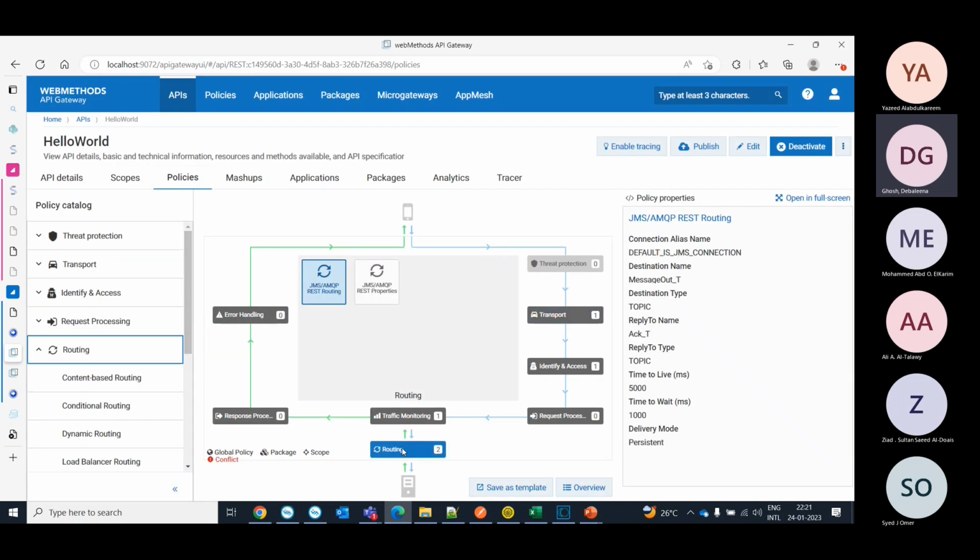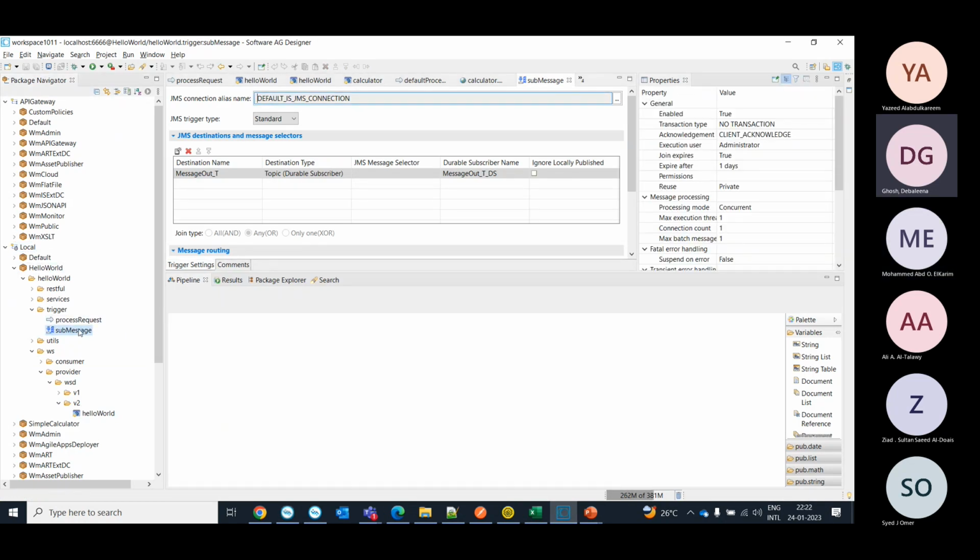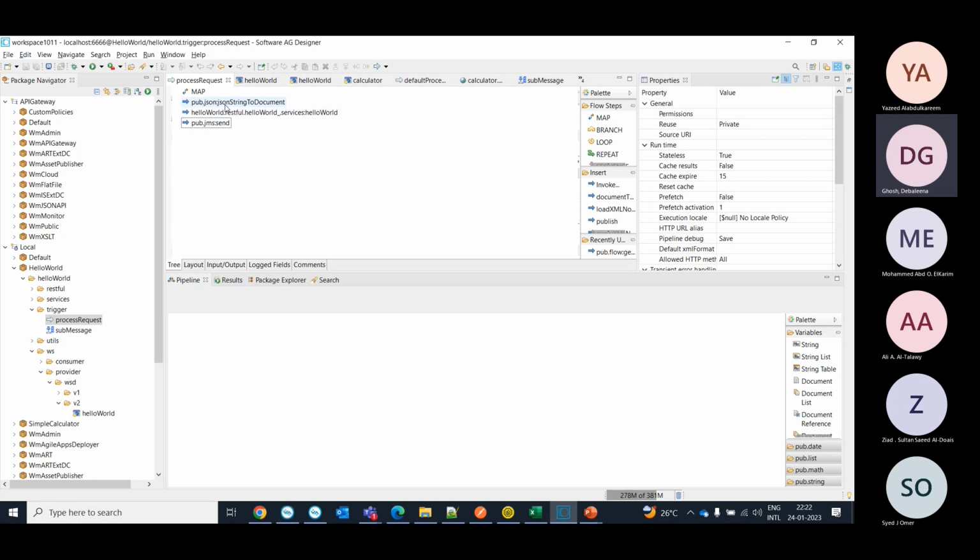So, in this REST variant, as you said, the request is coming from the mobile device. I am doing all this identification, then request processing. Then the API gateway is sending the message to this particular topic name, and my hello world is triggered. There is a trigger created called subject subscribe message. It is listening on the same topic, and then it is calling this trigger service, which is taking the message from that topic